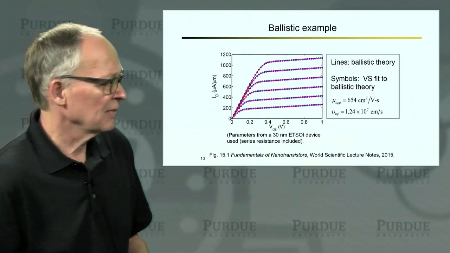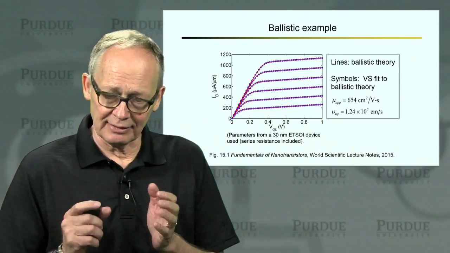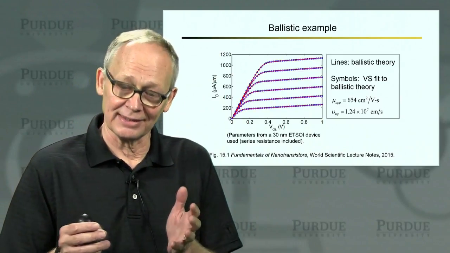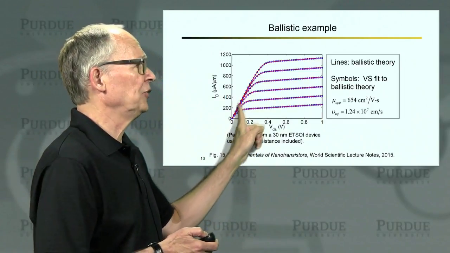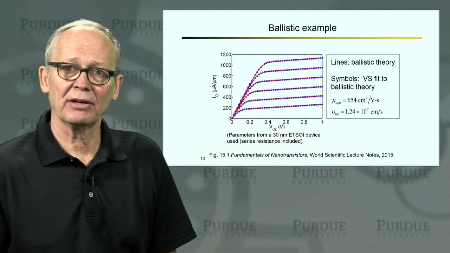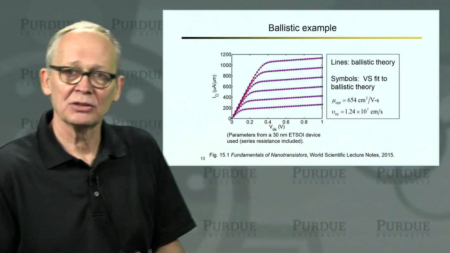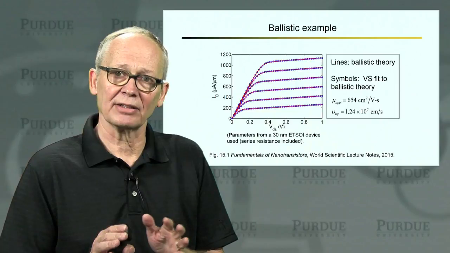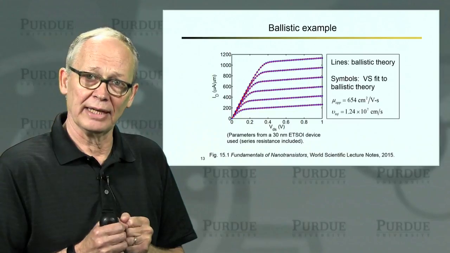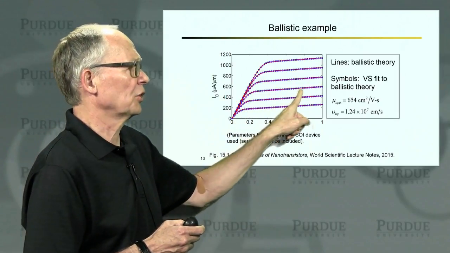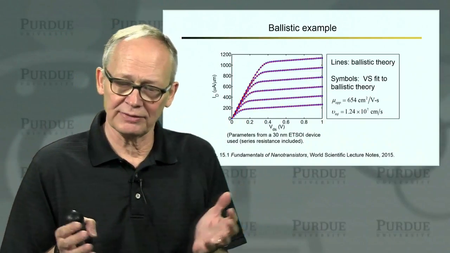Well, here's an example. We took some typical dimensions, some oxide capacitance, some series resistance; channel length is irrelevant for a ballistic device. The lines here are the computed IV characteristics of a ballistic MOSFET modeled on this real device. So those are the computed ballistic IV characteristics in the non-degenerate limit. Then we fit the virtual source model to that to see if we could do that. The circles are the virtual source fit, and you can see that we can fit this ballistic MOSFET very well.